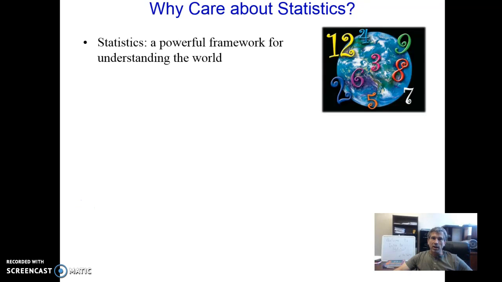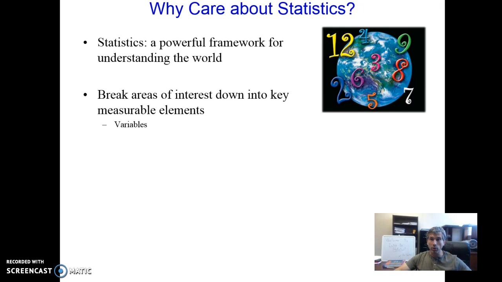So again, statistics provide a powerful framework that helps us figure out how the world works. We take things that are observable in the world around us, we break them down into what are called variables, and we figure out how those variables work, what typical scores are on the variables, how the variables relate to each other, what causes changes in those variables. It really is a key to the universe in a sense. That sounds like an exaggeration, but it's a very careful, universally applicable framework for, as precisely and as cautiously as possible, learning as much as we can about the world around us, including how to change it.